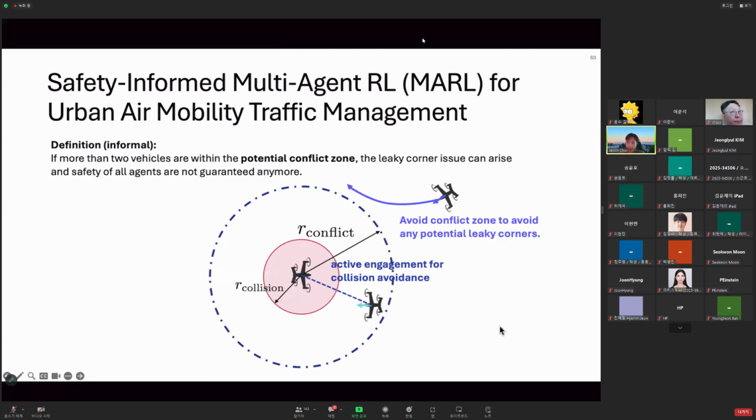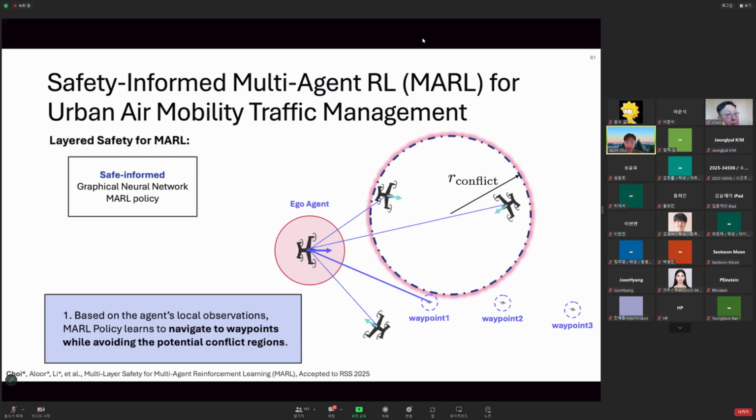So the nicer thing for the third agent to do is to avoid entering this conflict region when it sees already more than one vehicle within it. Then it can avoid the leaky corner issue. And the nice thing about this definition is that we can use the reachability computation we did earlier to evaluate the range of this potential conflict region. After that, we can inform our multi-agent RL policy so that the agent learns how to avoid such a region. So in our layered safety framework for multi-agent RL, each agent makes its decisions based on